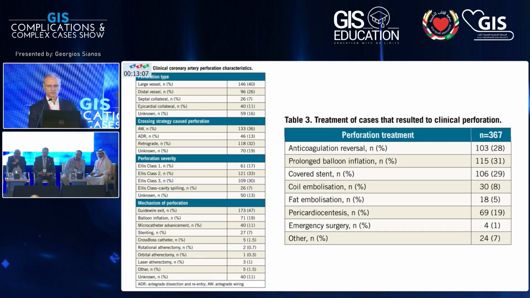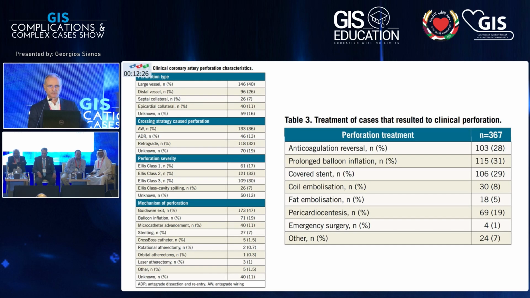What is very important to understand is that distal vessel perforation and epicardial collateral are accounting for almost 40% of all perforations that happen during CTO interventions. And from this 40%, you need close to 10% of coiling. So it's not something that is not relevant. And you should know that perforations in CTO are around 5%, and of the complications, around 64%, 60% are related to perforations. So as far as the numbers are increasing,